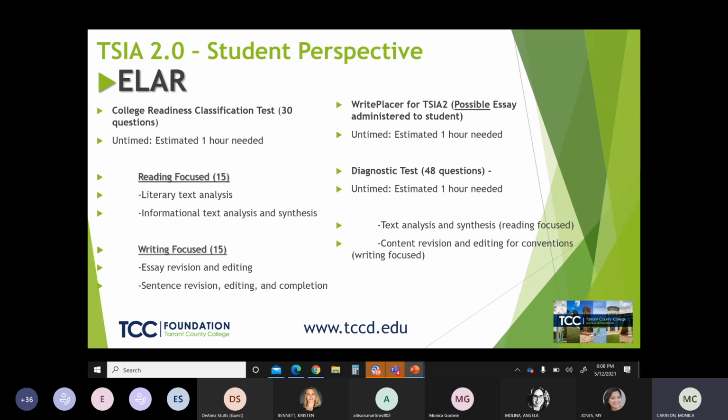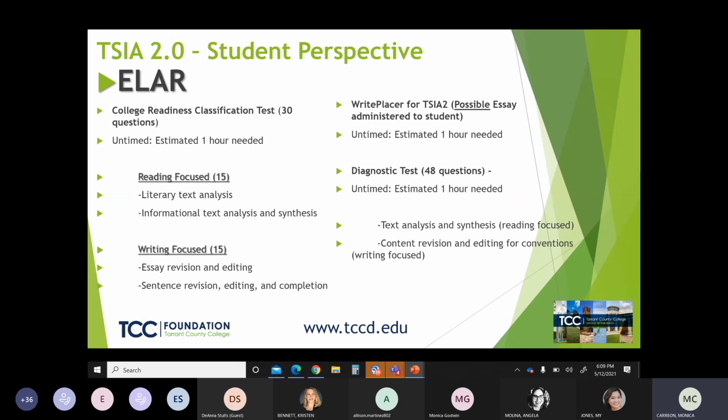So the test is composed of two portions, reading and writing, 15 questions each. The first set of questions, which is 30 questions, is college level based. So that means those 30 questions are college level, and based on the way you answer those questions, you may or may not see an essay.